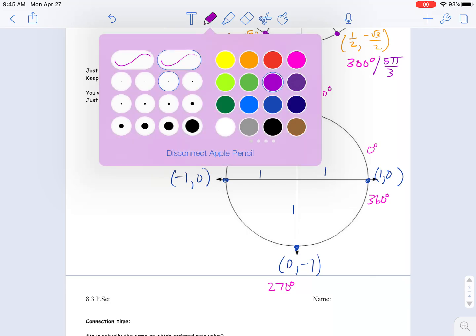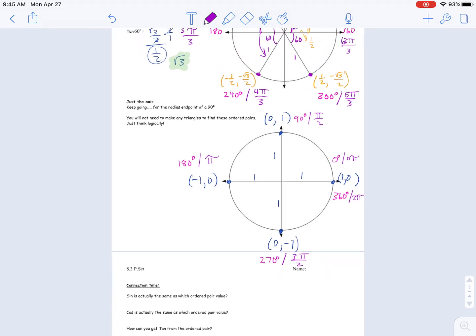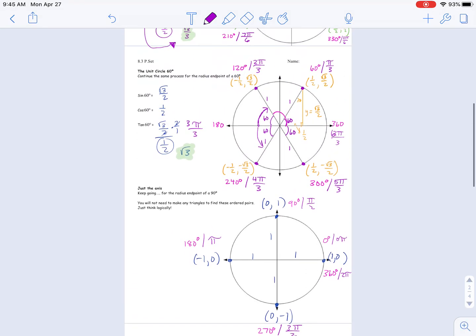Your radian values, again, hopefully you're becoming pretty familiar with this. 0 degrees could also be 0 pi. 90 degrees is pi over 2. 180 is pi itself. 270 is 3 pi over 2. And then 360 is 2 pi. So you've now got the radians and degrees at each of those particular spots. All right, we have built the unit circle. I'm going to stop this video, and we've got one last video where we pull it all together and make some cool